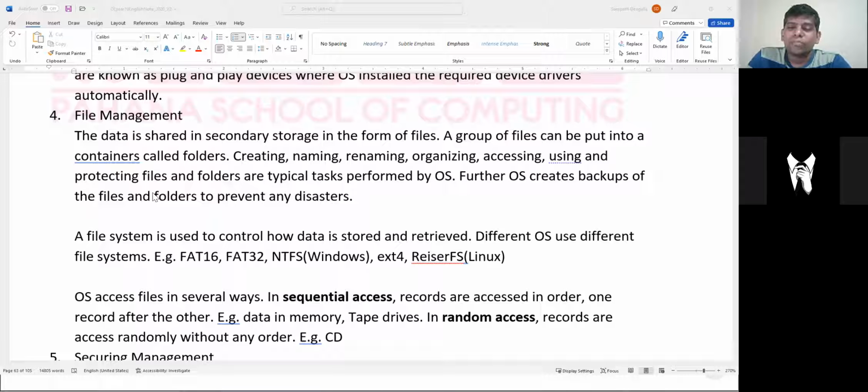Even protecting files, you can encrypt files. We make sure that nobody can read your data. So we can encrypt, or we can password protect the files. And then again, like you make backups,